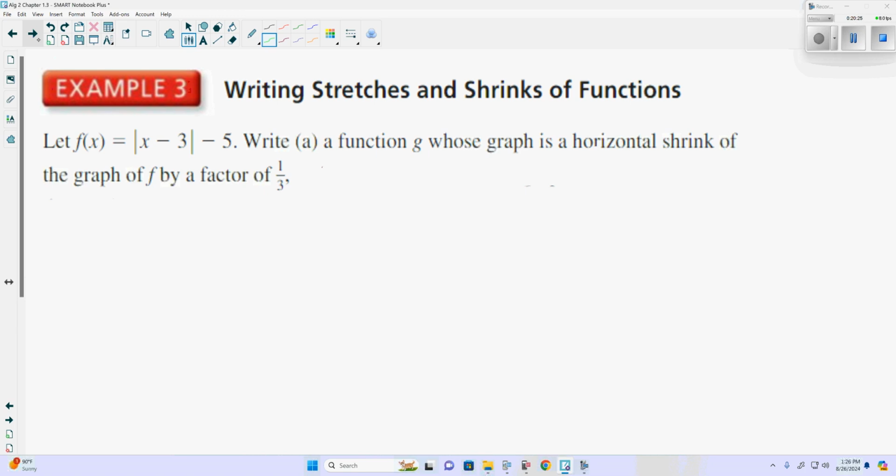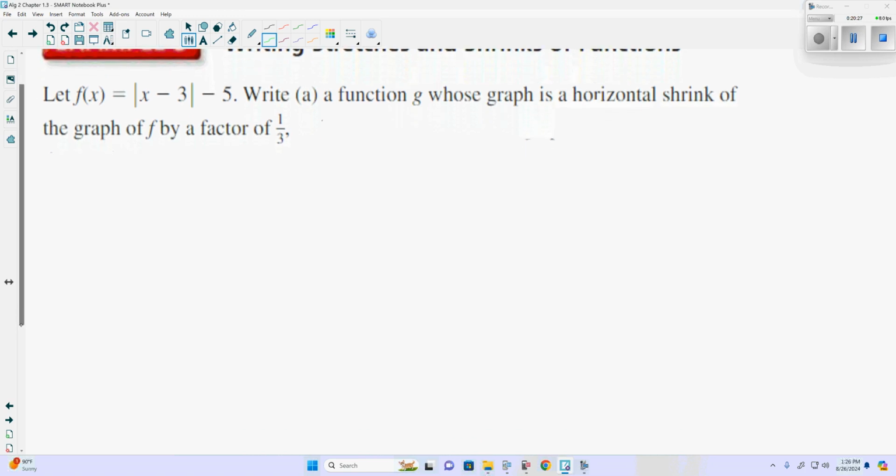Let f of x be this here. Write a function g whose graph is a horizontal shrink of the graph of f by a factor of 1/3. Now, horizontal stretch or shrink would be f of a times x. Now, since it is horizontal,